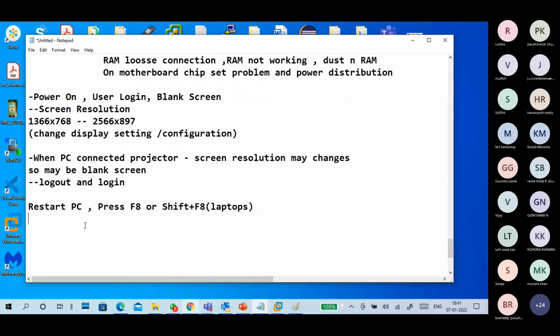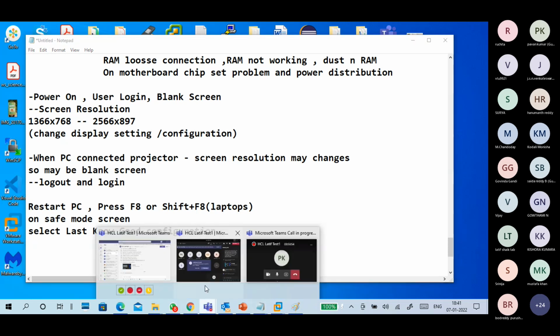Next, on the safe mode screen, select last known good configuration.